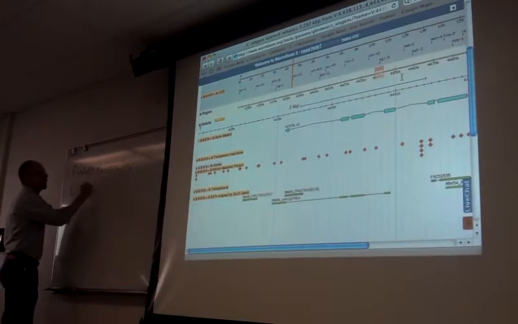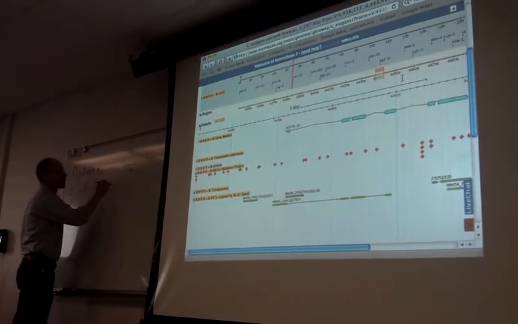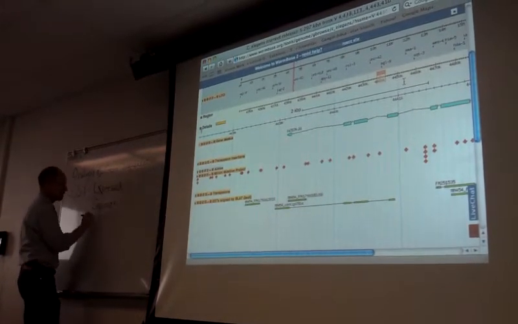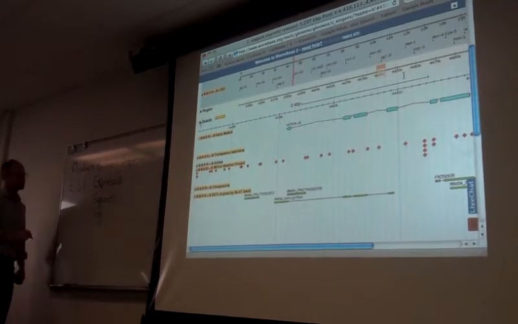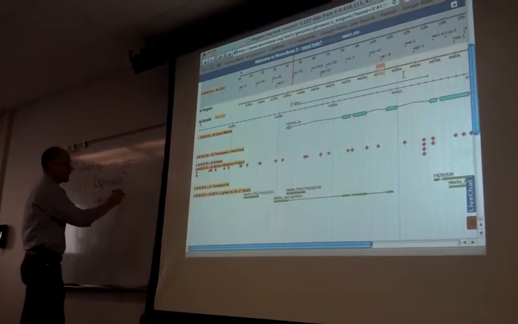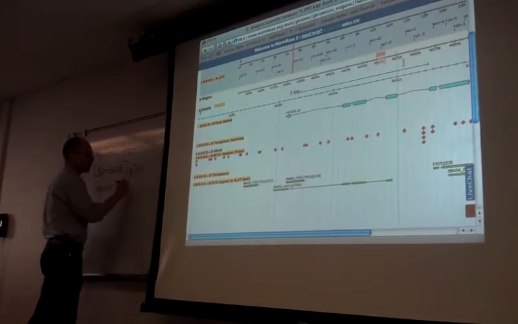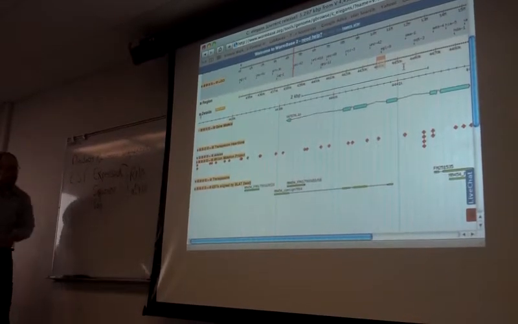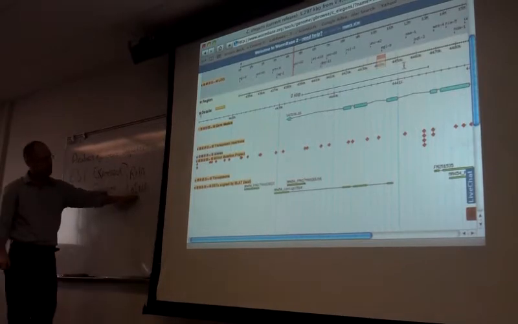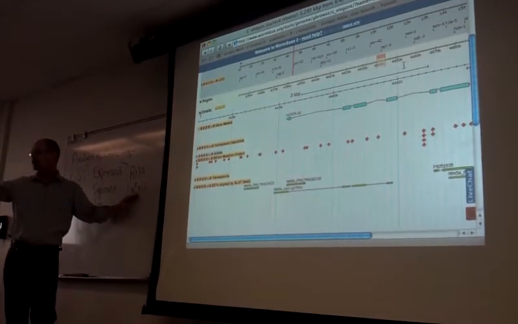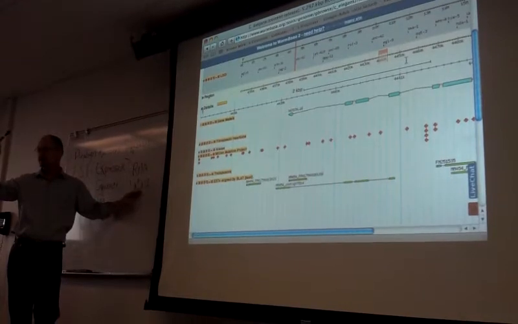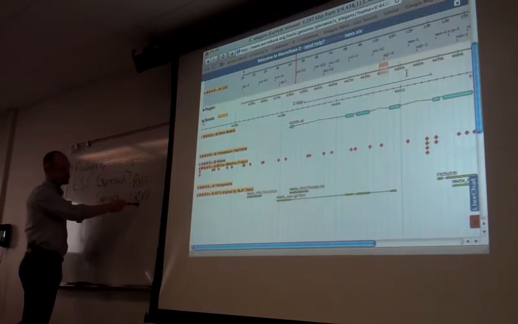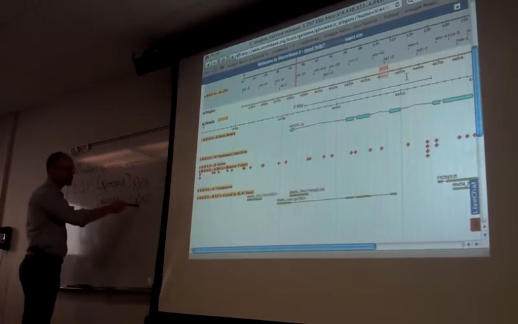EST stands for expressed sequence tag, which is the same thing as saying RNA, or what you might refer to as cDNA, which is essentially RNA that has been reverse transcribed to form complementary DNA. How many people are familiar with those terms? Okay, not everybody. So RNA can be reverse transcribed using reverse transcriptase to make cDNA. So cDNA is simply the